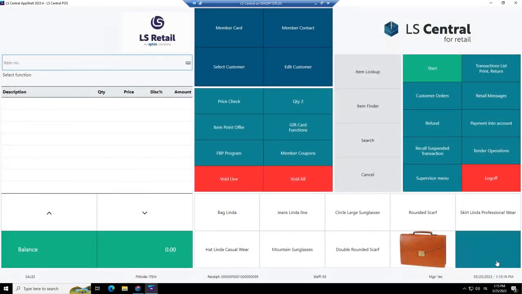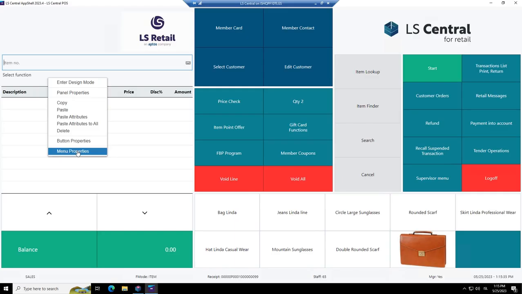There are more things. Have you noticed this area here? We have the input part here, and then we have an area. And what is this area? Shall we try? Right click, and yes, this is a menu. It doesn't look like a button, I know, but the buttons are just grayscale. They have no border and no space between them. Let's go into menu properties.